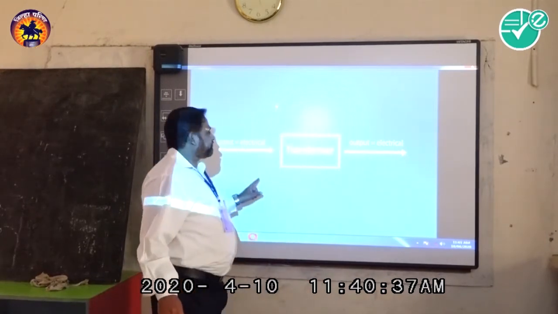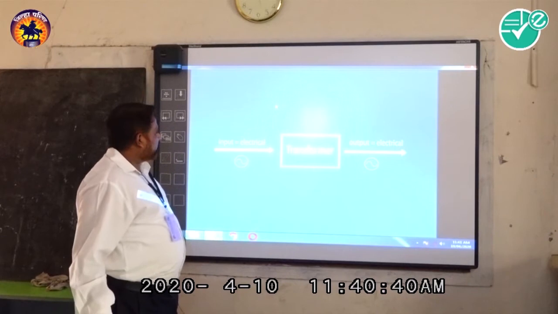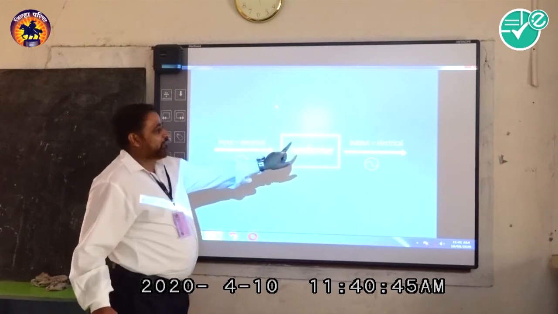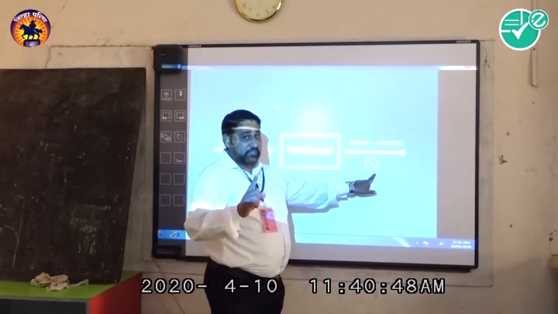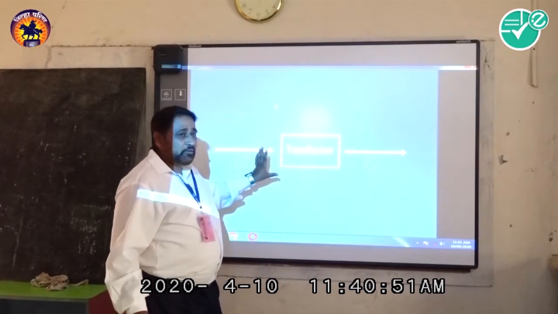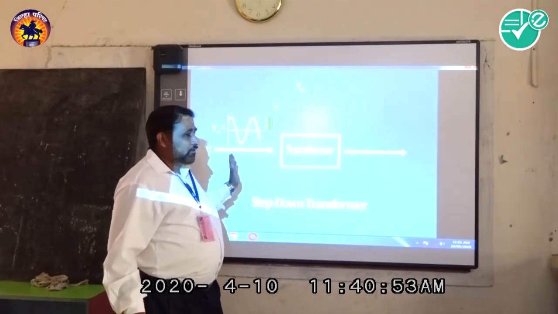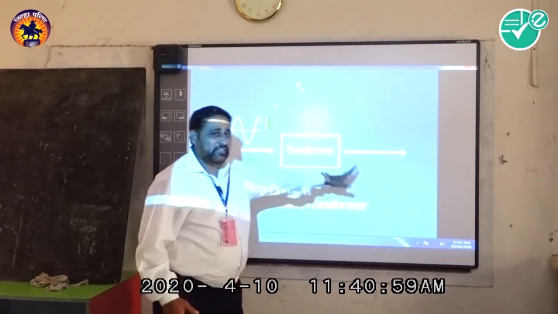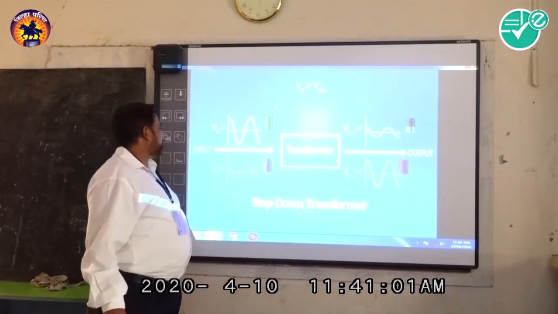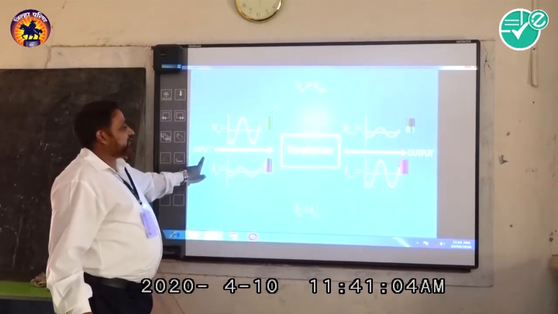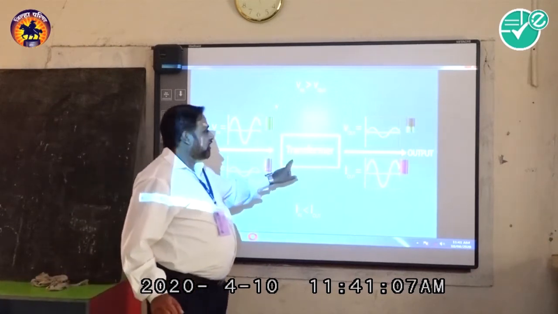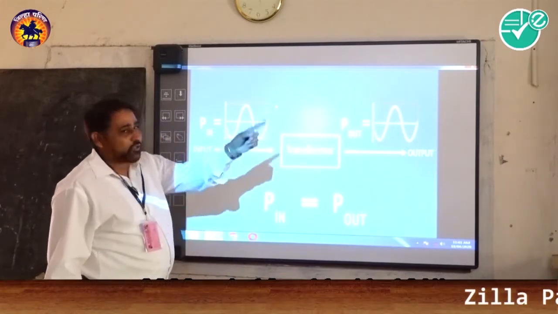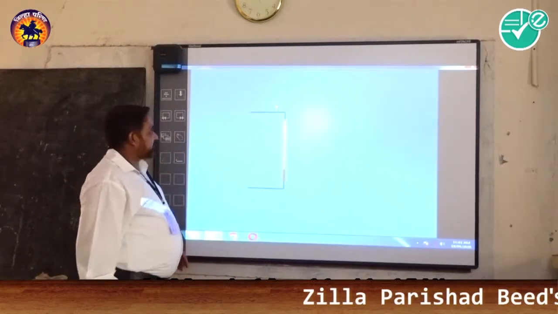See here, the AC is supplied across the input and we are getting the same AC at the output. Remember one thing, this is very important. A transformer is a device which is not converting AC into DC, but it is keeping AC as AC. It just changes the voltage. See here, the input voltage, if it passes through the primary, meaning through the transformer, then the output voltage will be AC, meaning alternating. You are observing there is no direct current.